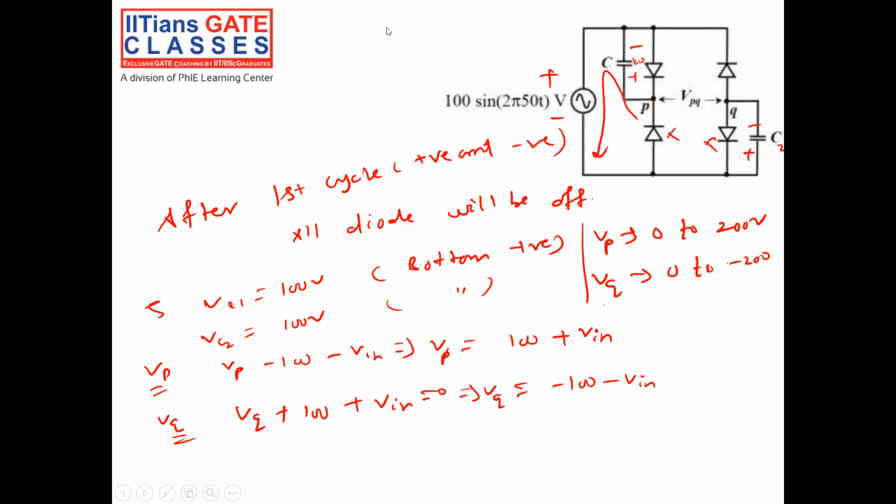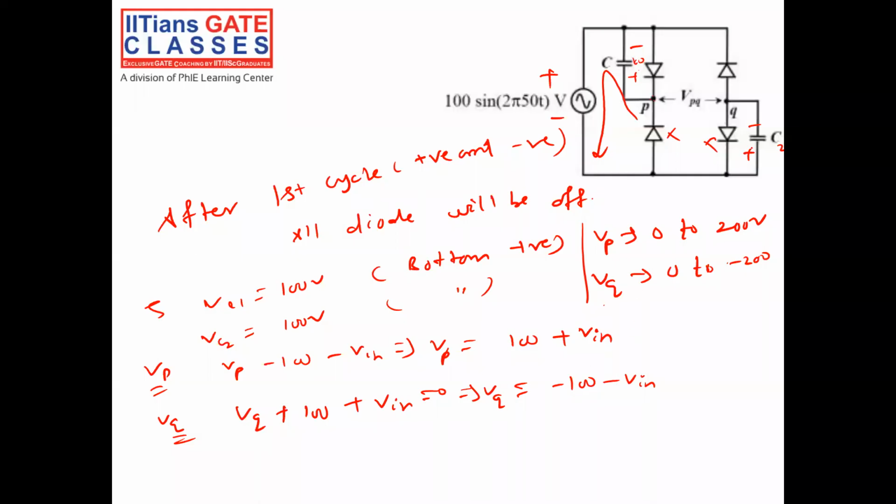Okay. Now you have to see how I am doing this. So Vq will be, see how much Vq, since this is Vin, this is 0, right? This is grounded, right? When I apply Vin, this is 0. So Vq will be how much, guys? Vq plus 100 is 0. So this is I think wrong here. Okay, so this loop is wrong. You have to show Vq here. Vq plus 100 is equal to 0. This implies Vq is equal to minus 100.